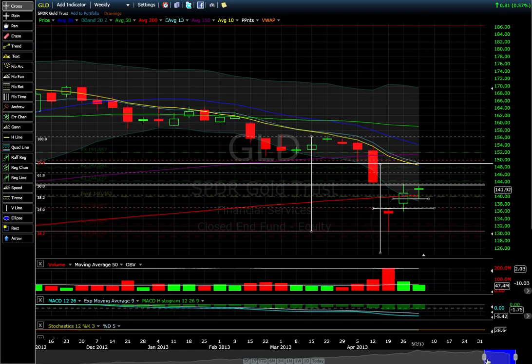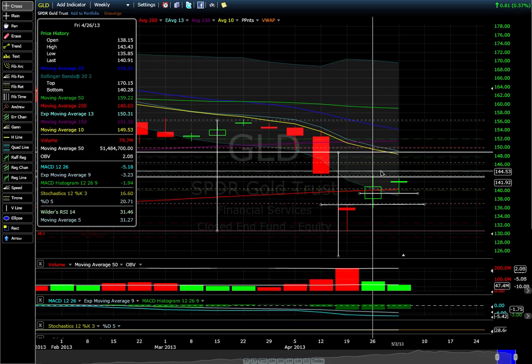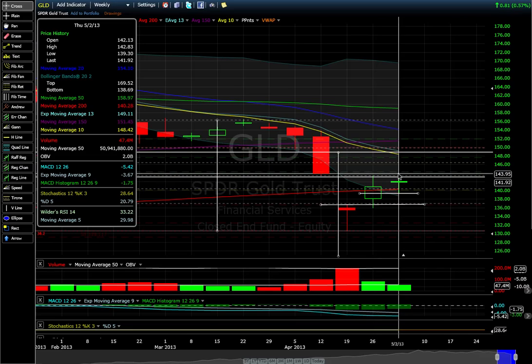Okay, but you gotta look at the other time frames. Right now, we are closing back above the 200 moving average. We never confirmed below it. So if we close back above this week,